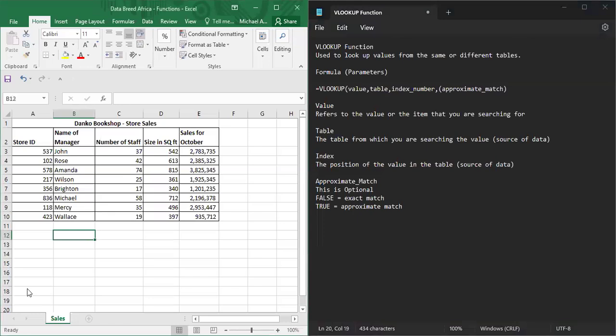We are now having a small table here of Danko Bookshop store sales for the month of October. So we want to look at, let's take one store. So this particular business has about 8 different stores within that business enterprise. So we want to find out the sales of one of the stores. You can see here we are having